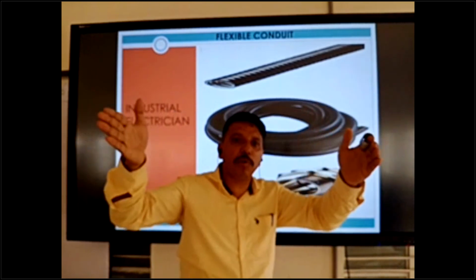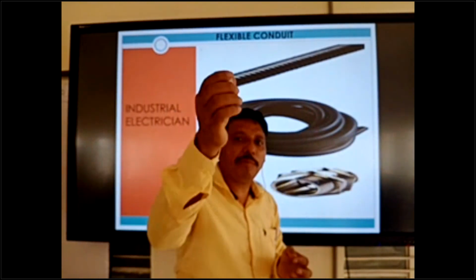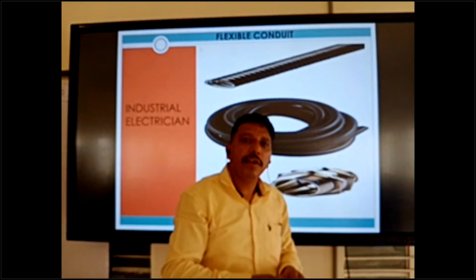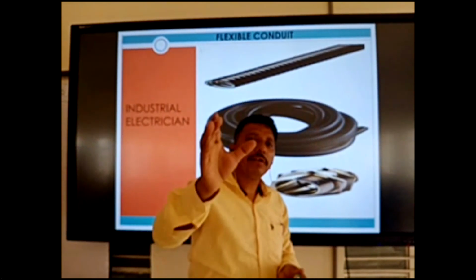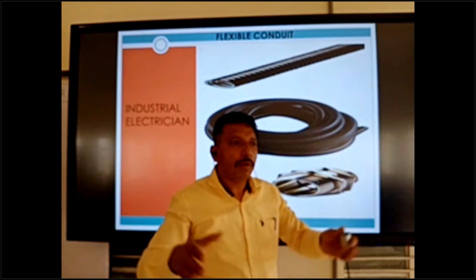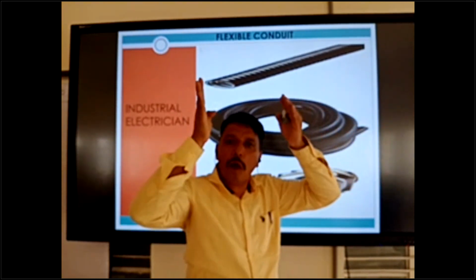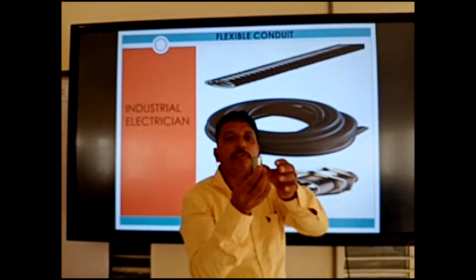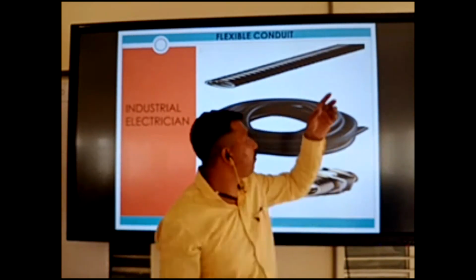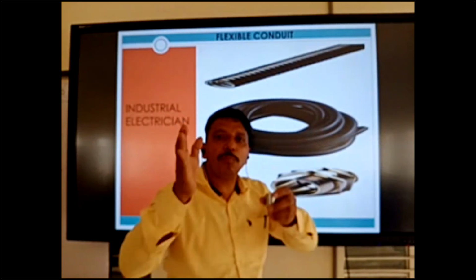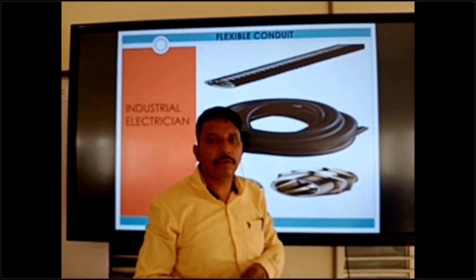When you connect pipe to a vibration motor, you do not connect direct GI pipe or EMT pipe. Around 2 meter or 3 meter or 1.5 meter, you should join the flexible conduit, and it is easy for your motor vibration.